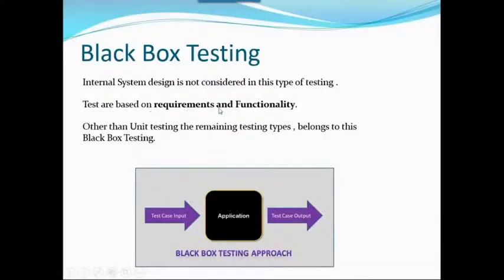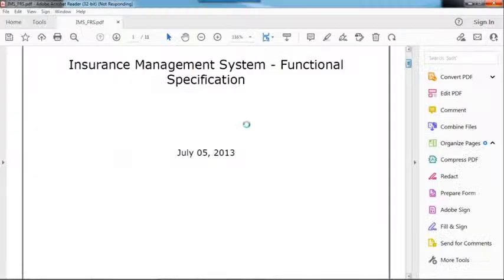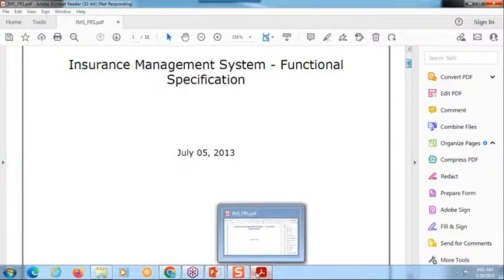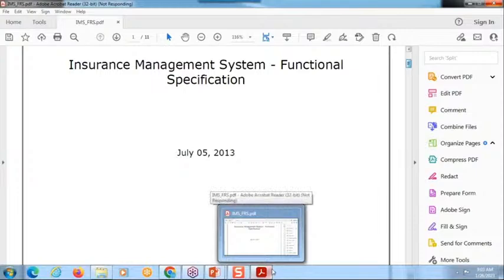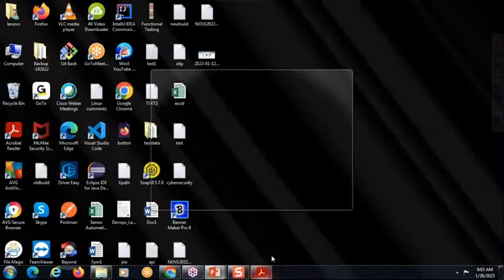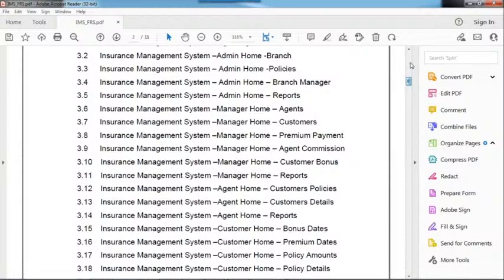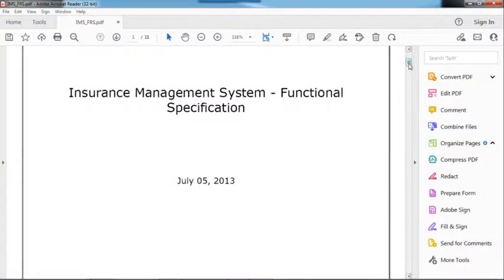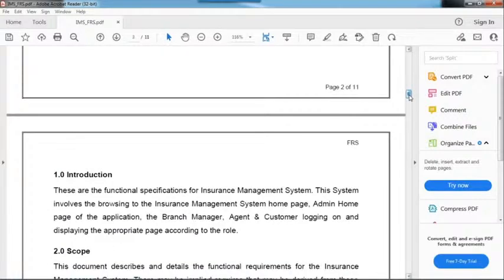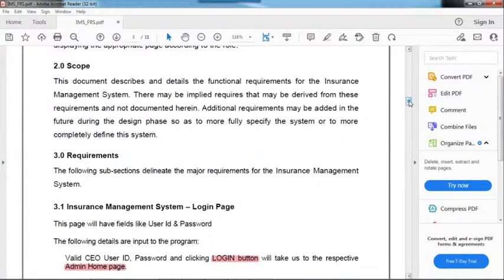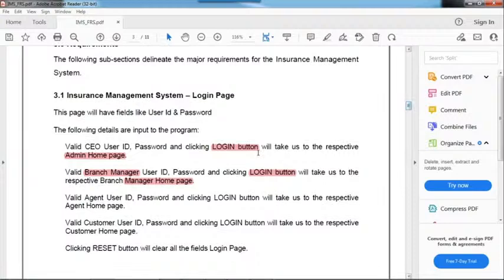So based on requirements and functionality, let's see. Simply they will give you the requirements. This is the requirement. In the project, a login page will be there.